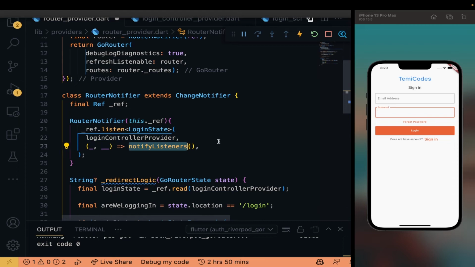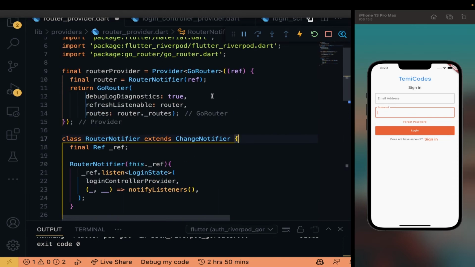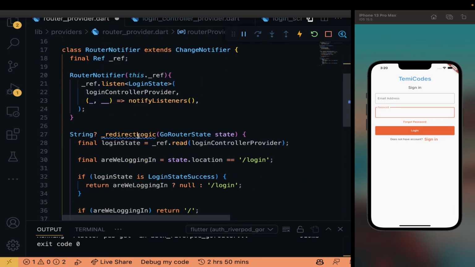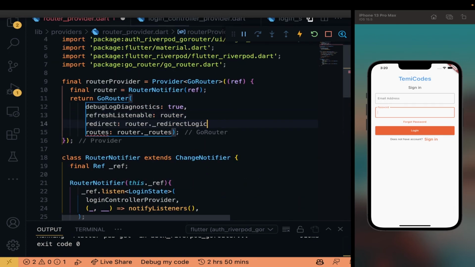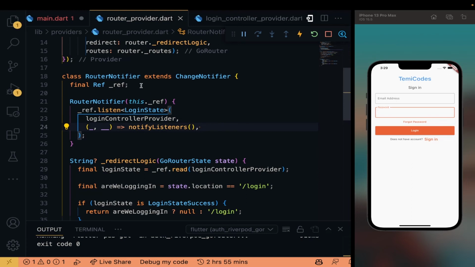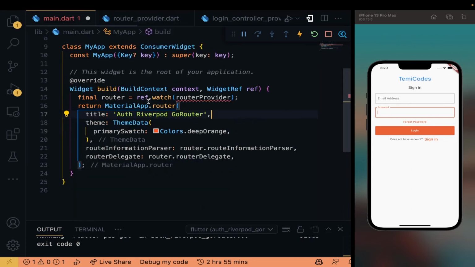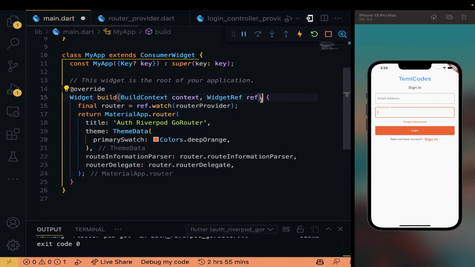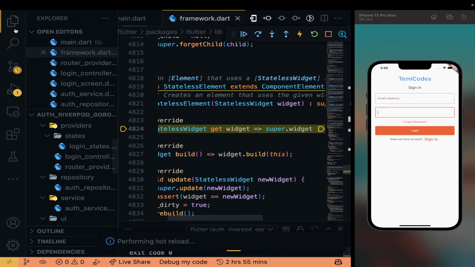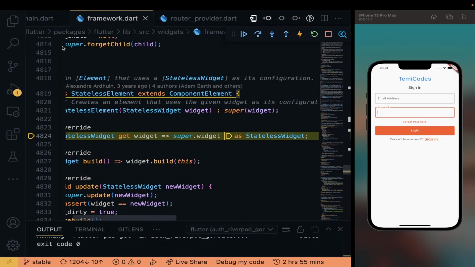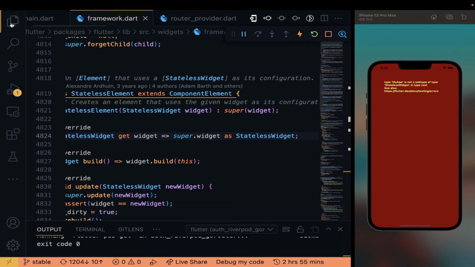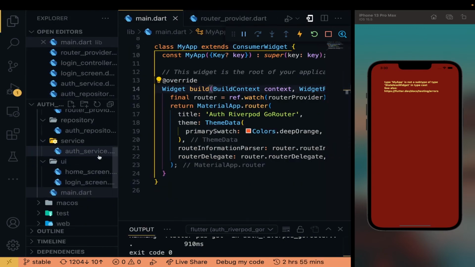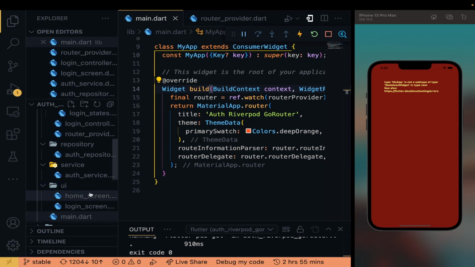That's it. And lastly, we will go back to GoRouter and tell GoRouter to use our redirect logic. We just do this. Redirect, router.redirect logic. Now that we are done with our router provider, we go back to the main.dart and import it here. And after we have imported that, then we can go over to our login screen and then make sure that we pass the data from the UI